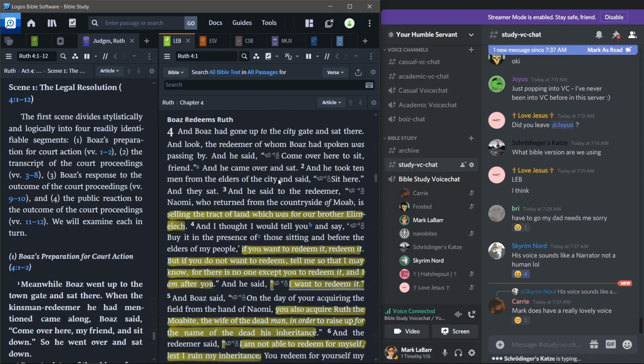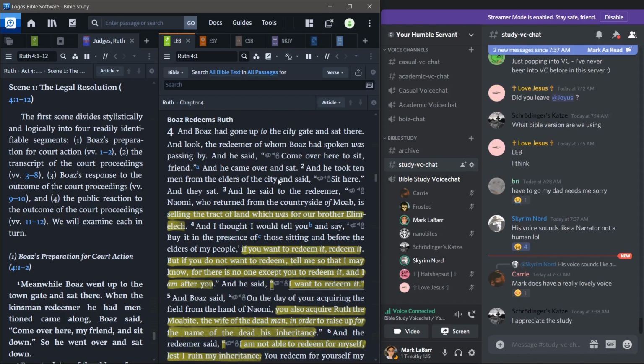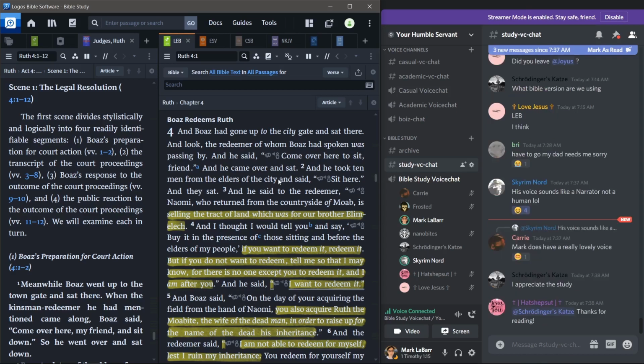Finally, since this is the last chapter, I'll just summarize everything real quickly here. In chapter 1, we start out with Elimelech, two sons, Mahlon and Kilion, and the mother and wife, Naomi. They flee from a famine and move into the land of Moab. Elimelech dies. Mahlon and Kilion die. Naomi is left with two daughters-in-law. Orpah returns to Moab. Ruth comes with her mother-in-law to Israel,